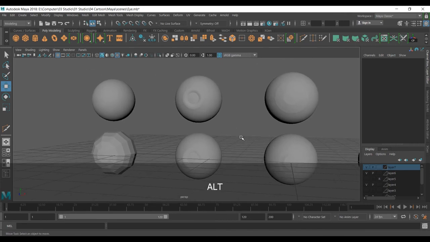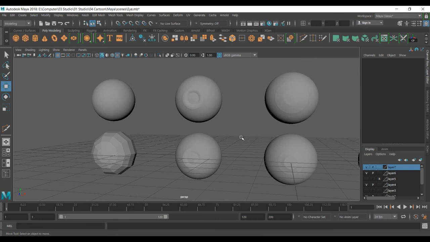So that was how you can model an eyeball very simply. And in the next video, part 2, we're going to show you how you can use these